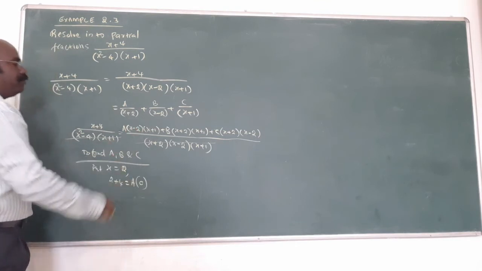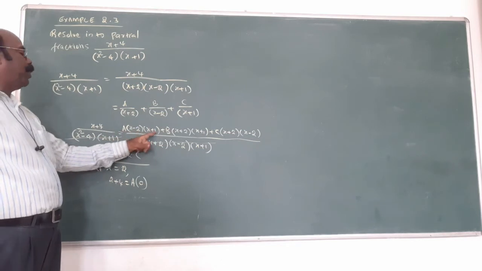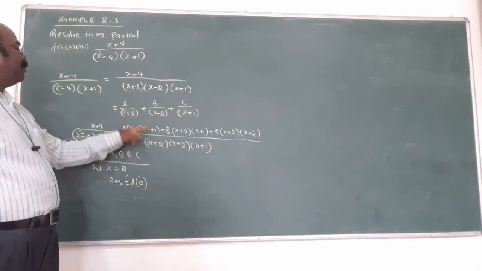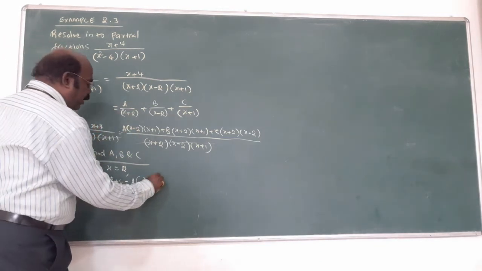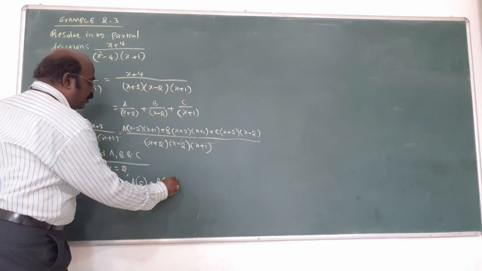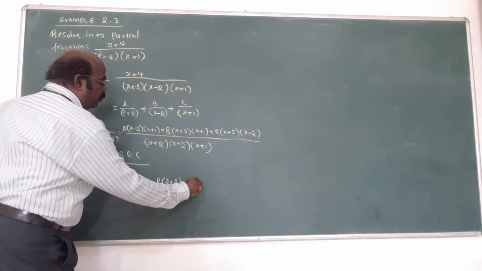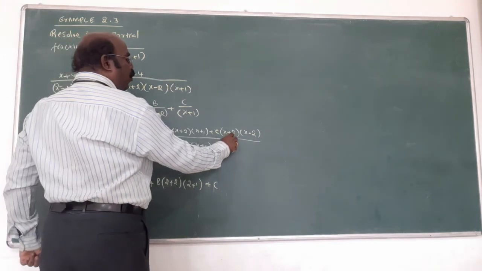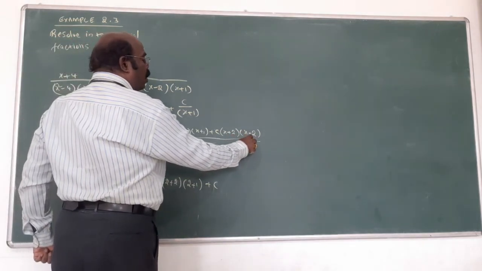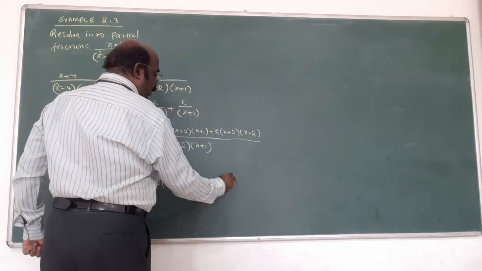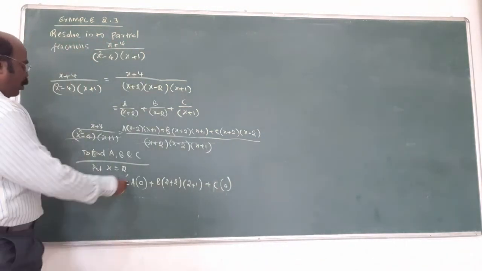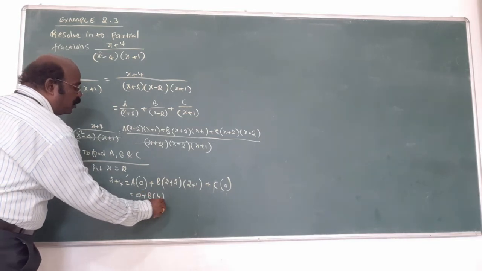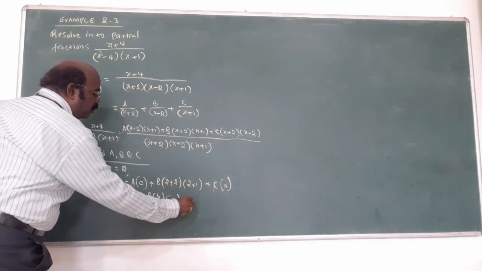That will be 0. We need not put 2 minus 2, 2 plus 1, because 2 minus 2 is 0, and 0 into something is 0. Again here b into 2 plus 2 into 2 plus 1. But here c into 2 plus 4, here 2 minus 2 is 0, 4 into 0 only. That is 0. Now here b into 4, here 3, here 0.